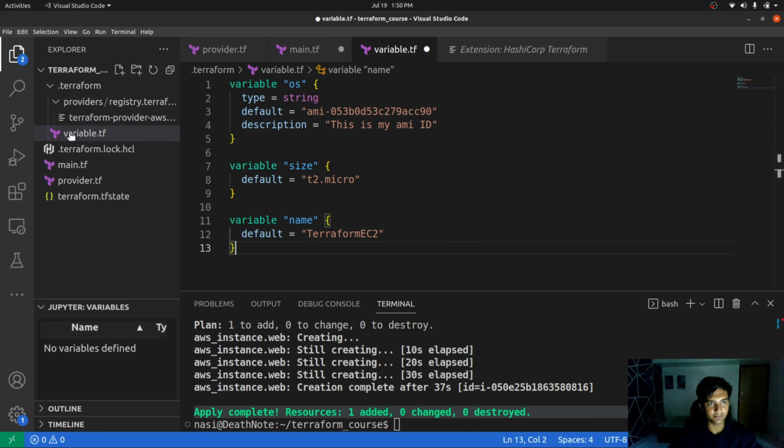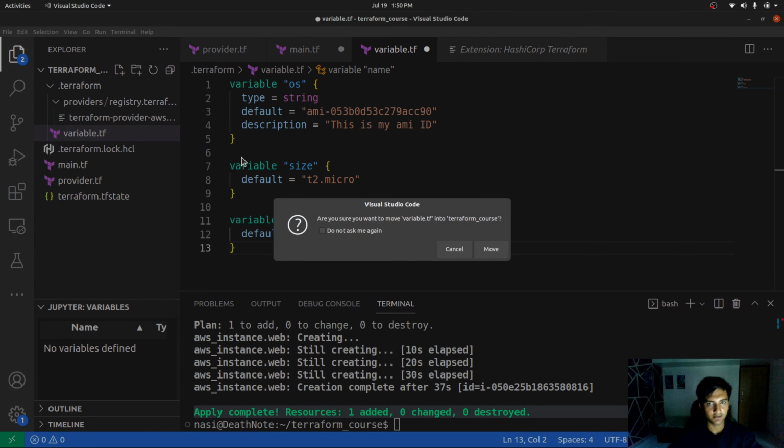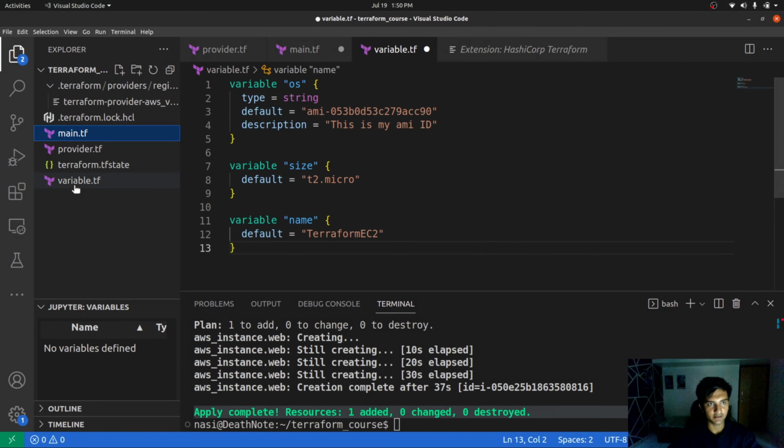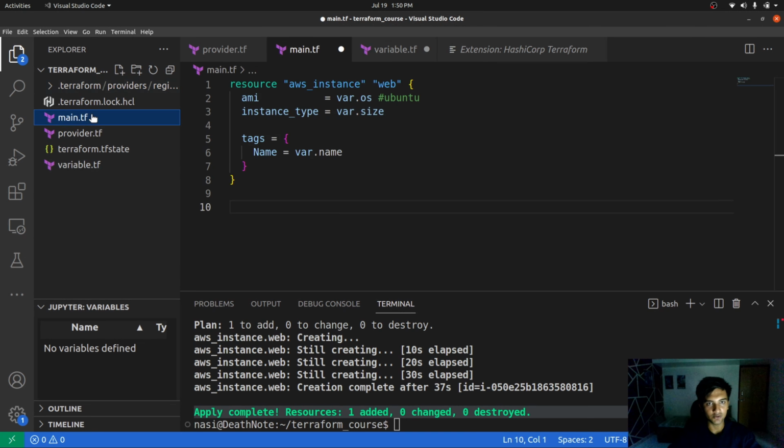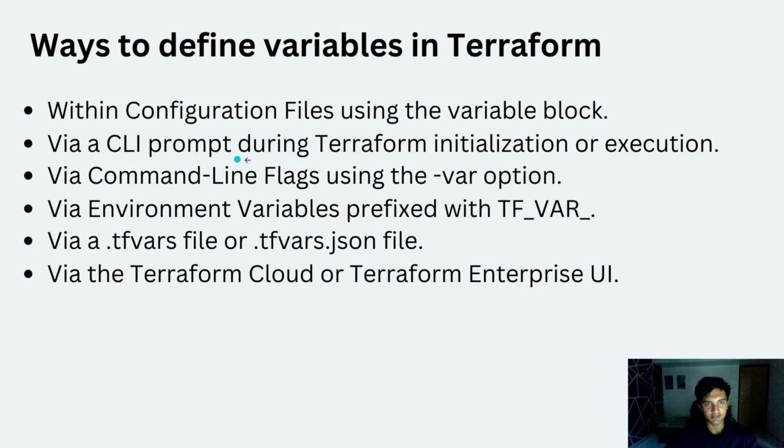Okay, this variable should be outside the Terraform block. Make sure you do that. So I'm going to say move, and this is not inside it. Alright, so now we have created a variable.tf, which is storing all the variables. I'm going to create a new resource. Let's create an S3 bucket, and we need to use this option, which is to give the value of the variable through CLI prompt during Terraform